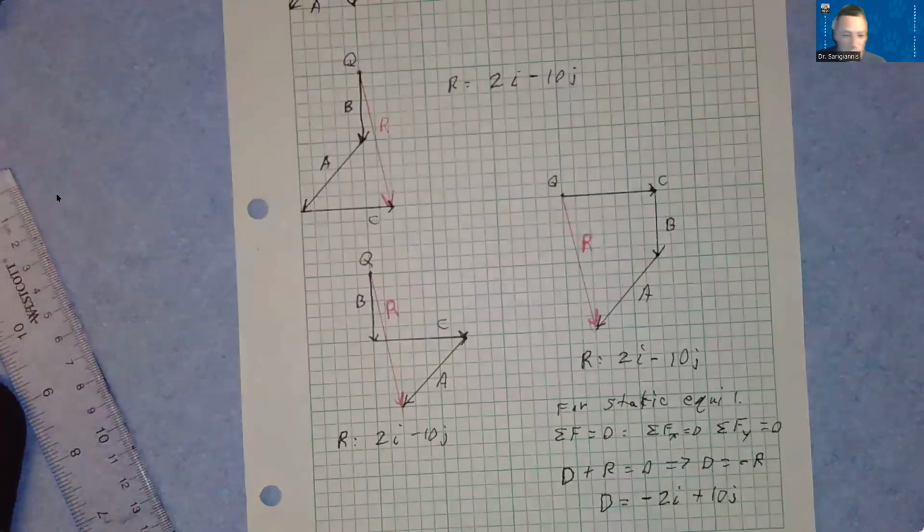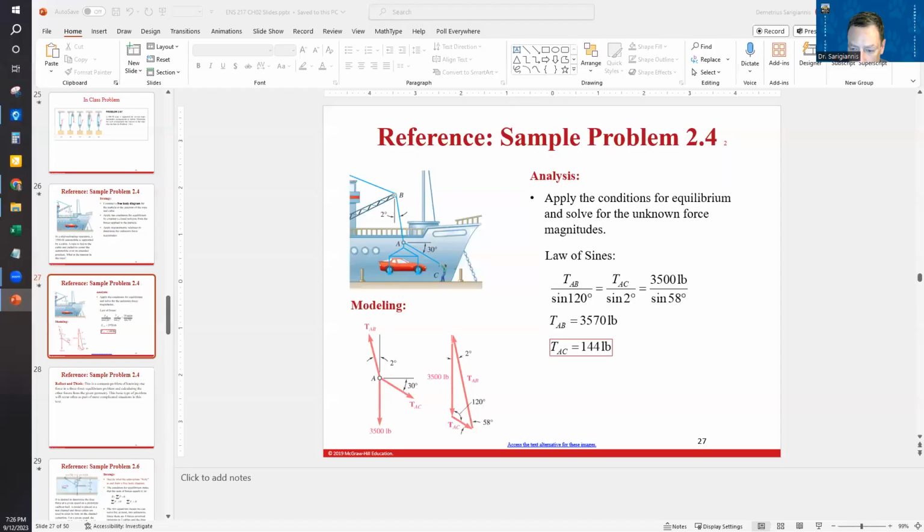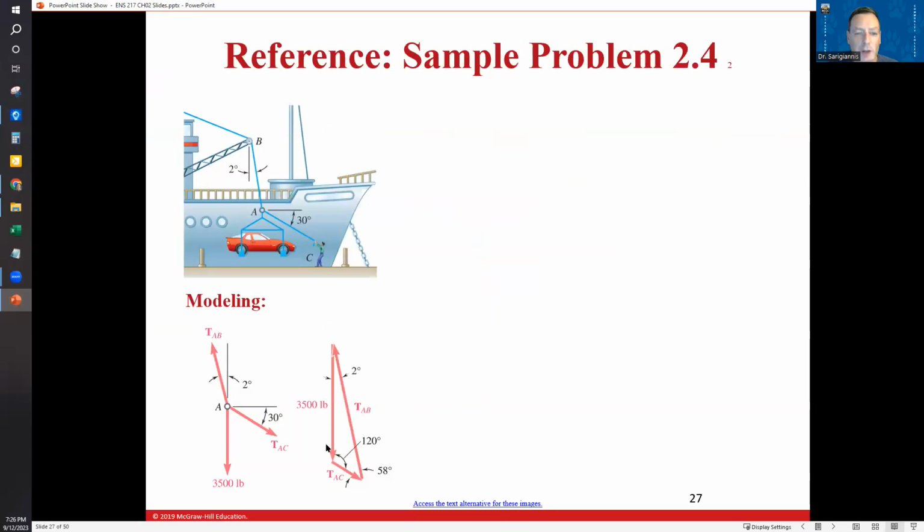And let me go back into the slides for a minute, and I will show you something if I can find it. All right, so this is probably as close as I can find. This is one example of having an unknown force. So you've got 3 forces here, and these 2 are unknown. Now you can see that the sum of the forces on a certain point has to equal 0. So if you knew 2 of the vectors and you didn't know the other one, you could figure out the other one. In this case, they don't know 2 of them, and they're using geometry. And I just want to show you graphically how this might